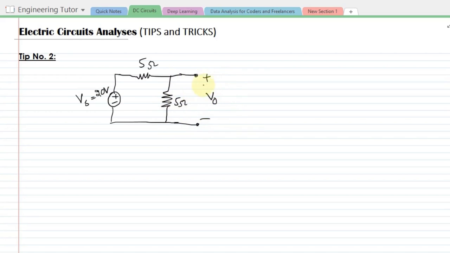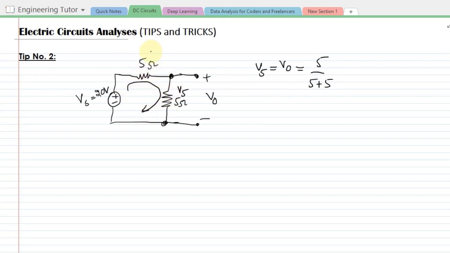Again we can see very clearly that this circuit is also an open circuit. So can we use the previous rule which we developed ourselves? No. Why not? Because this open circuit voltage is across this one, which I call V5. So the value of V5 is equal to V naught, and this V naught can be easily found by using the voltage divider rule